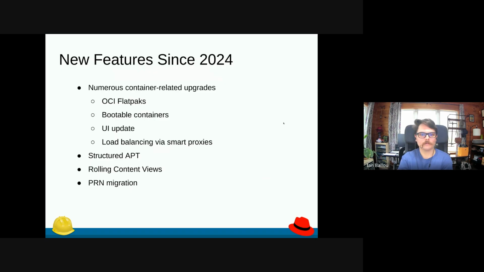So in Katello, some new features that we've had since 2024, since the last time that we talked at PulpCon: our container integration has had a lot of new features added. OCI Flatpaks being a big one. Bootable containers, if you've been hearing about bootc, image mode machines, all of that. We've been having a lot of integrations there. Our container registry has an experimental UI update now to get it a bit closer to a Quay type experience. And then we've also introduced load balanced container registry support for our smart proxies, as they're called,